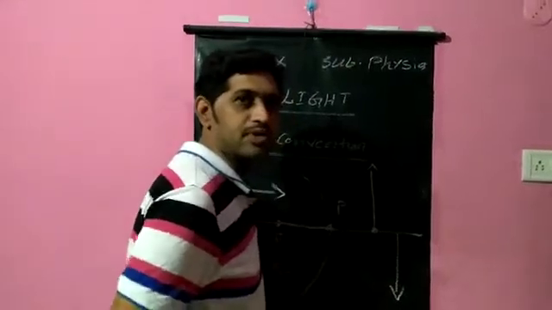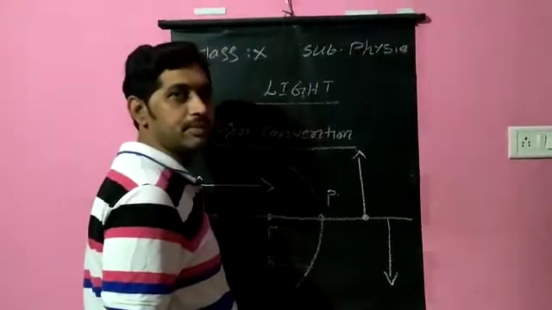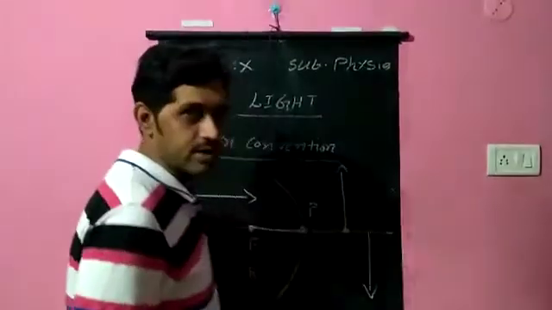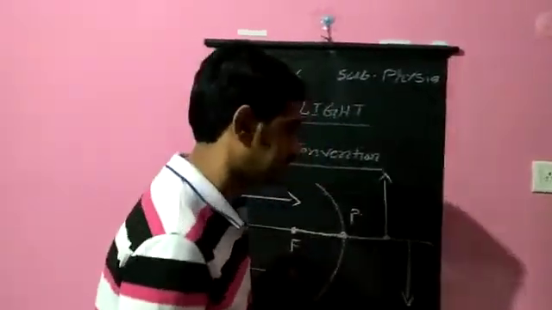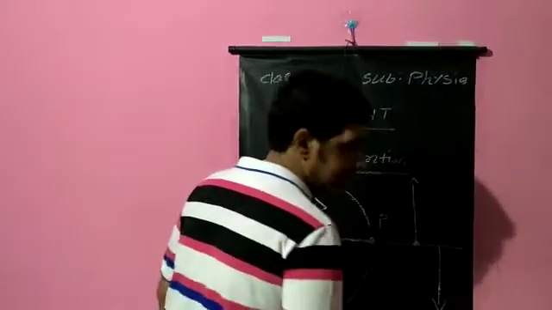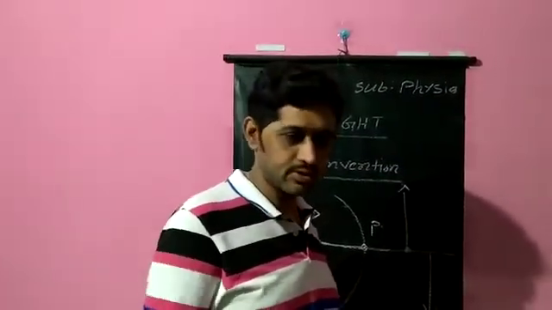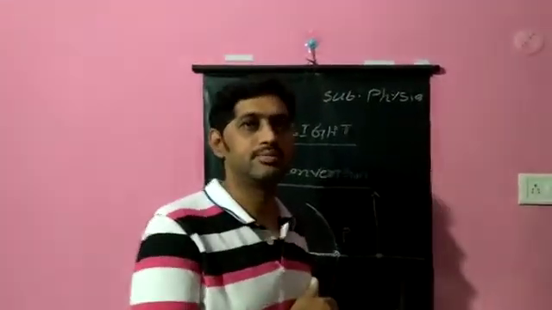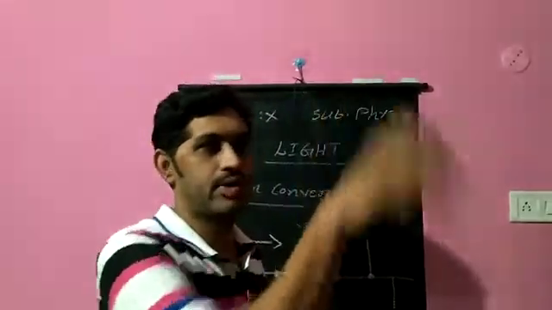So the height of the object should be positive, because it is a distance measured above the principal axis. For a virtual image, we already studied the nature of the real image and virtual image. You need to revise that in between the days, whatever was completed in the previous video. At least today, if you are getting a video, first revise the old one, then listen to this, because these topics come in a sequence. A topic won't come directly on its own.